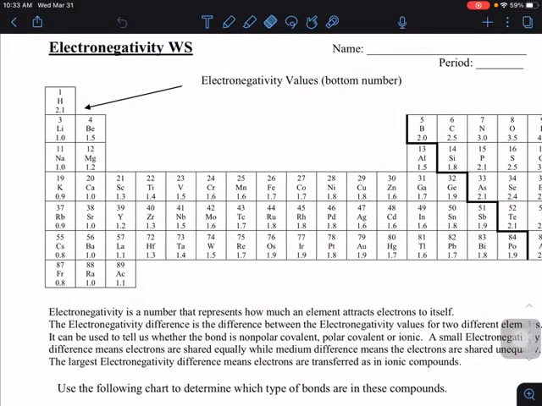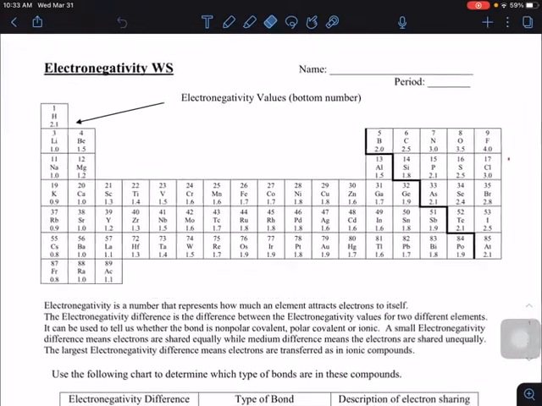All right, chemistry students, here are some of the questions for the electronegativity worksheet. Okay,